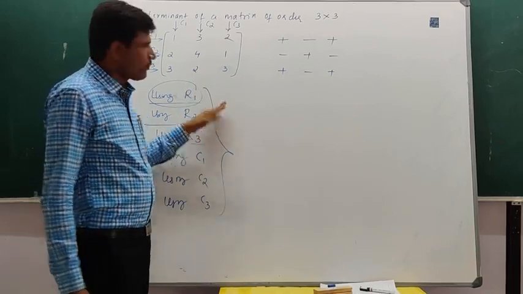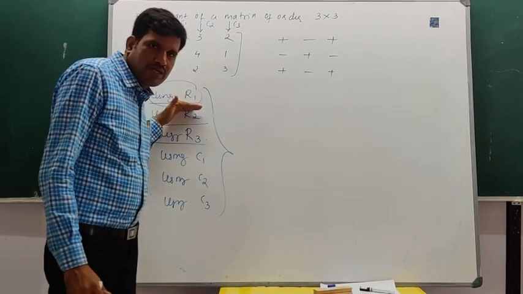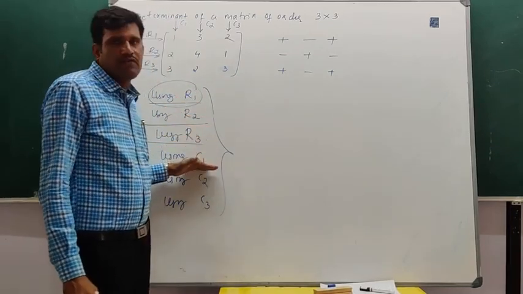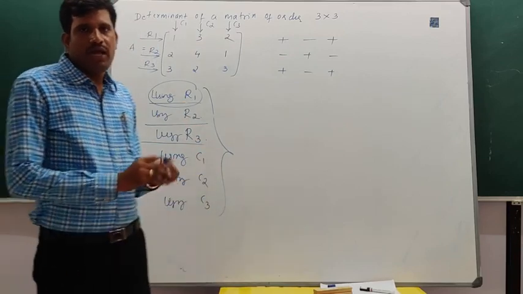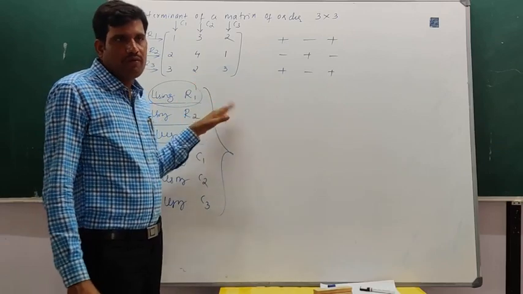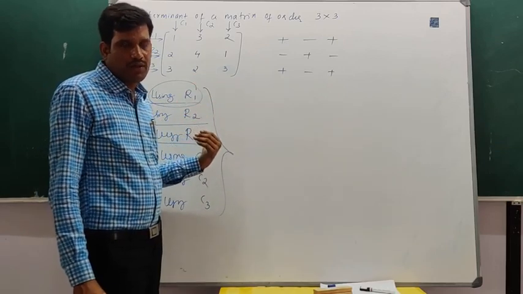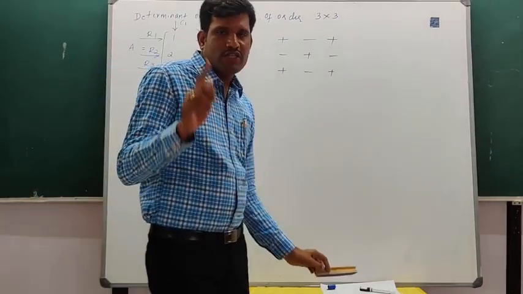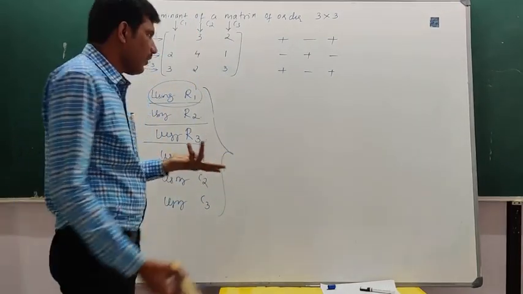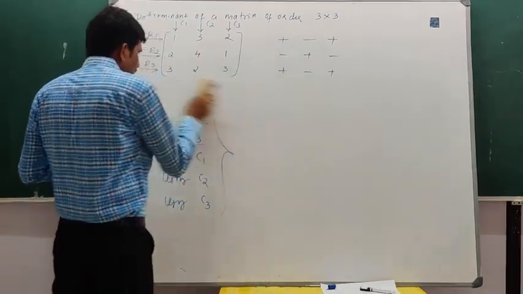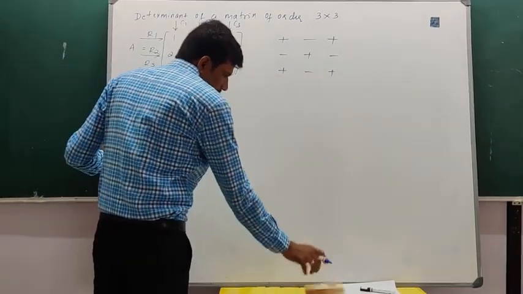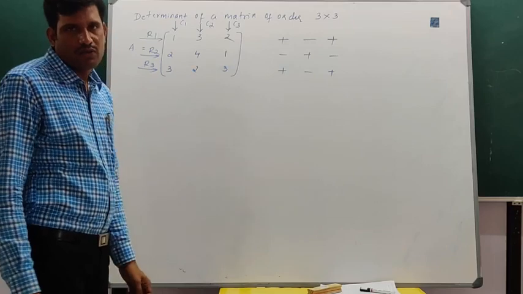Now I will show the determinant value by using the first row, the second row, the third row. Similarly, by using the first column, second column and third column, I will expand and show that the determinant value will be the same by using any row or any column. Right? But in problems, we are expanding by using R1. That is the conventional method that I am following. We can use any row or any column. So now we will expand this matrix by using all the rows and all the columns.